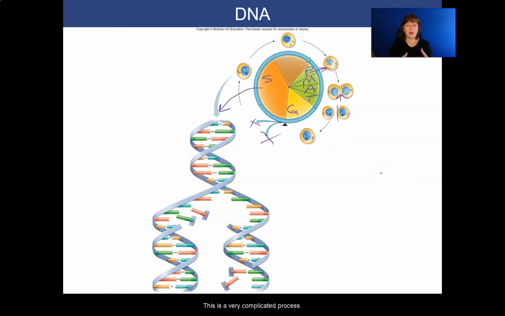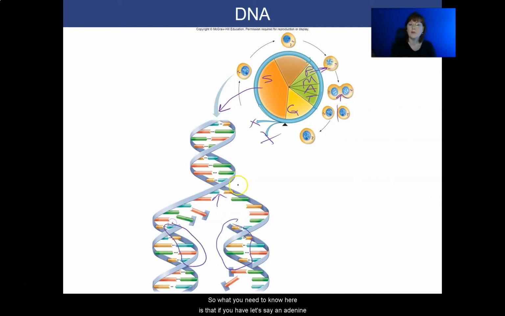This is a very complicated process, uses a lot of different enzymes. We're going to keep it very simple. Basically, we're going to unzip that ladder of DNA, and then we're going to use enzymes to tack new nucleotides to that one half over here to make a new half of my ladder. And then on this side, I'm going to make a new half over here. So here down, you can see that the DNA is split, and you can see here we've started adding new